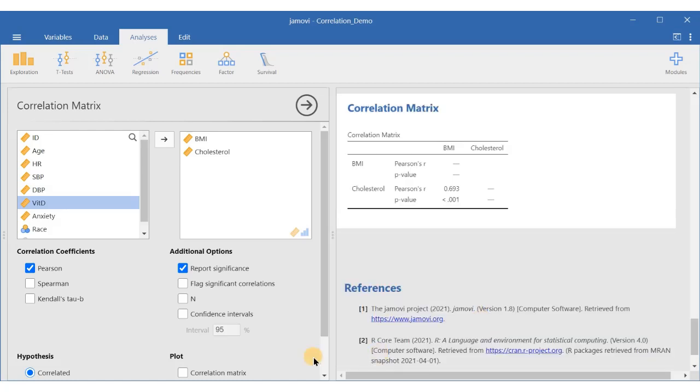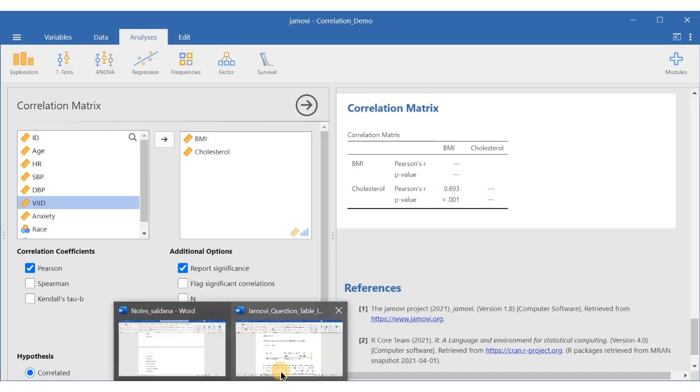So now how to interpret this? You have to enter this value of 0.693 and this R square. We talked about the R square also, but Jamovi doesn't give you the R square, so you have to make the square of this 0.69. If you square it, approximately you can take it as 0.7, it will be 0.49. So approximately the R square will be 49%.